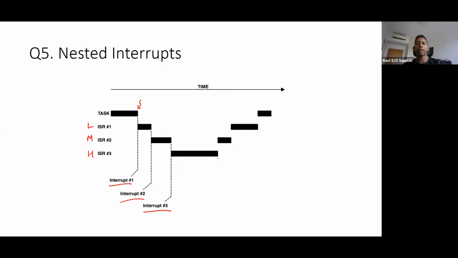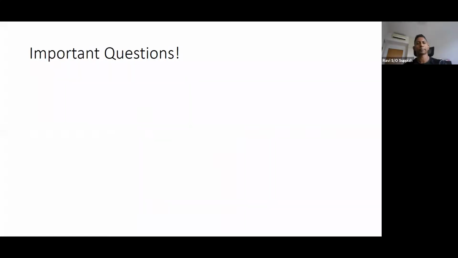When the higher priority interrupt finishes, I roll backwards until I can go back to my main code. This is the idea of nested interrupts, based on the principle of priority. The peripheral or interrupt with a higher priority will be able to preempt the one with the lower priority.